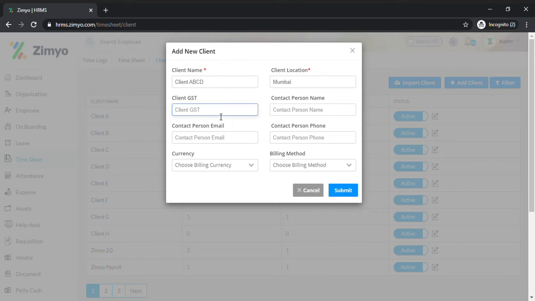I can add the client GSTN number, contact person name, contact person email, but these details are not mandatory. The mandatory details are all asterisk marked, and I'll have to fill in these details so that I can create a client. If I do not have these particular details, I can just click on submit and a client would be created. In case I want to add these details, I can certainly add them,